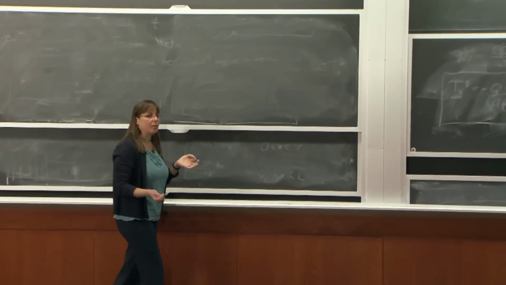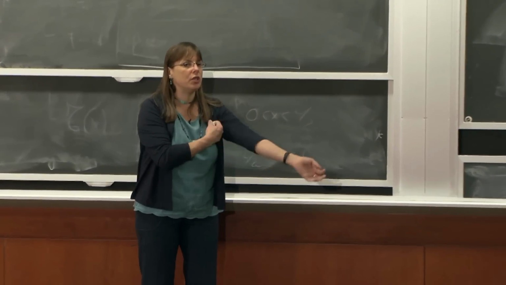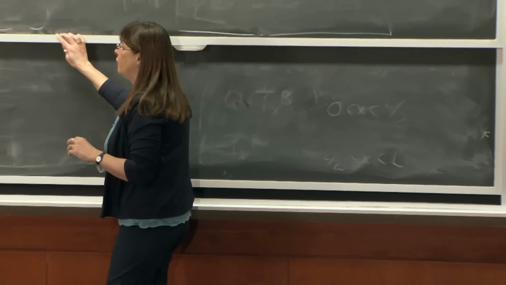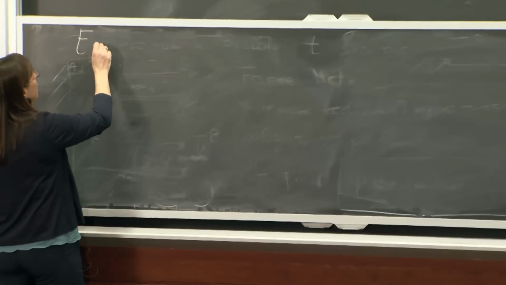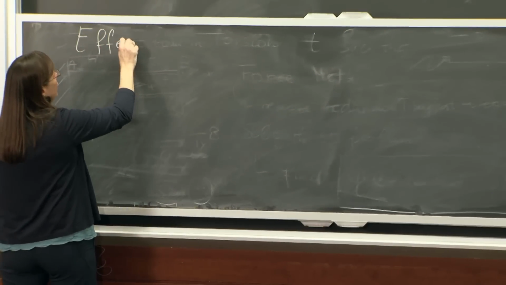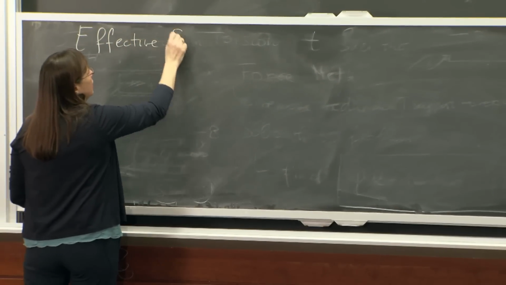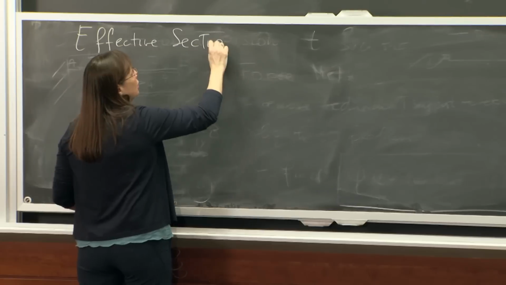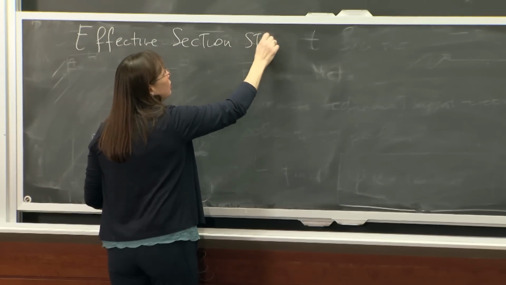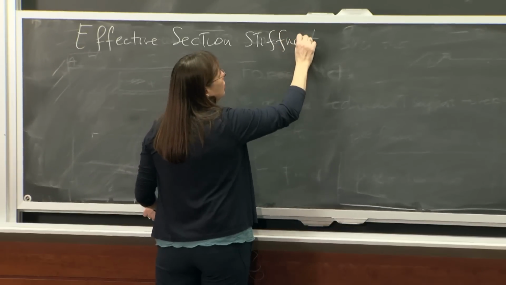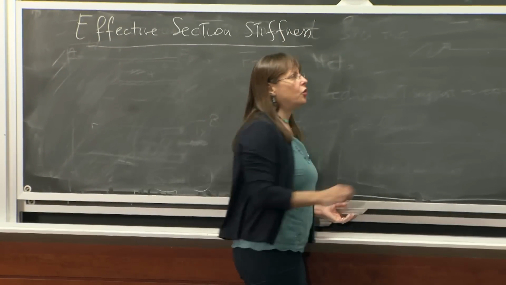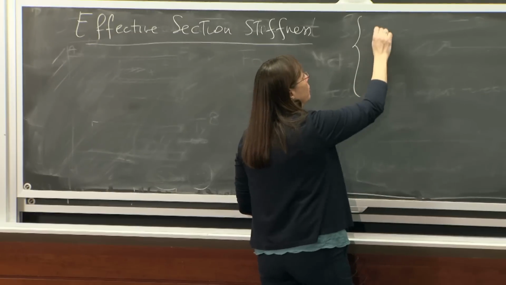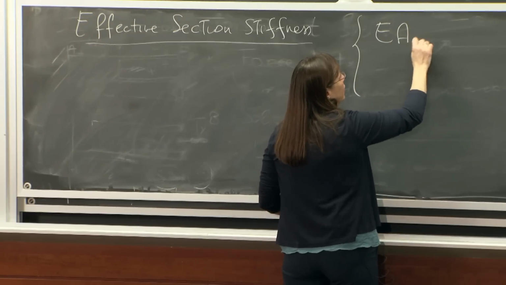So I want to just make some clarifications on the use of this equation for EA effective and GIP effective. So let me tell you a few things about this effective section stiffness. Okay? So this works both in axial loading, where we say EA effective